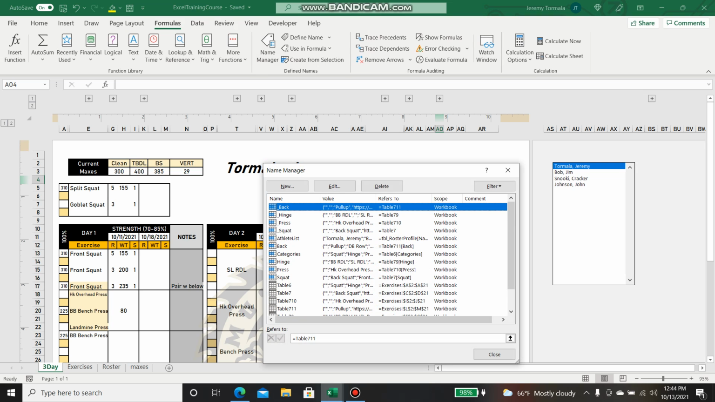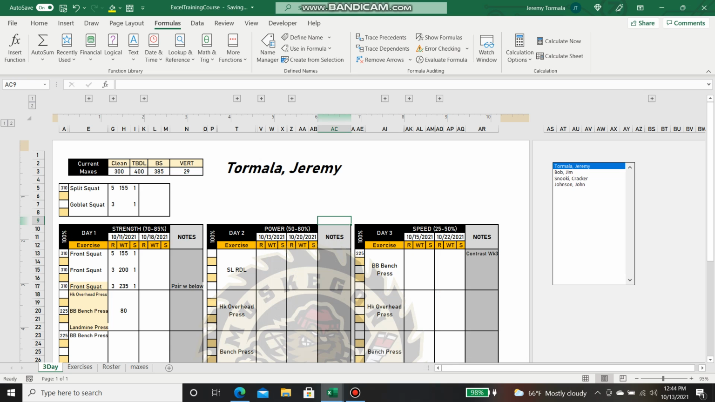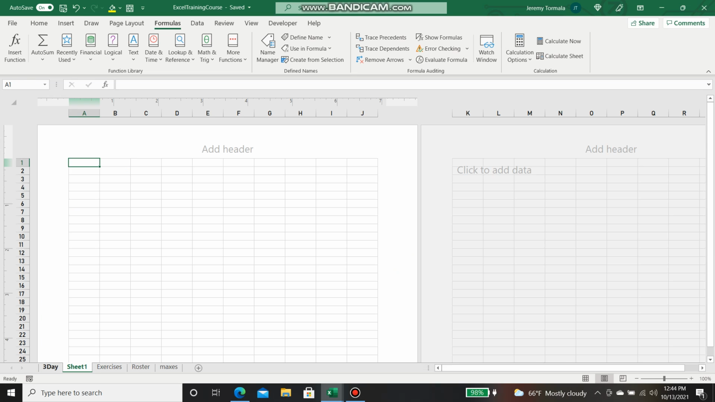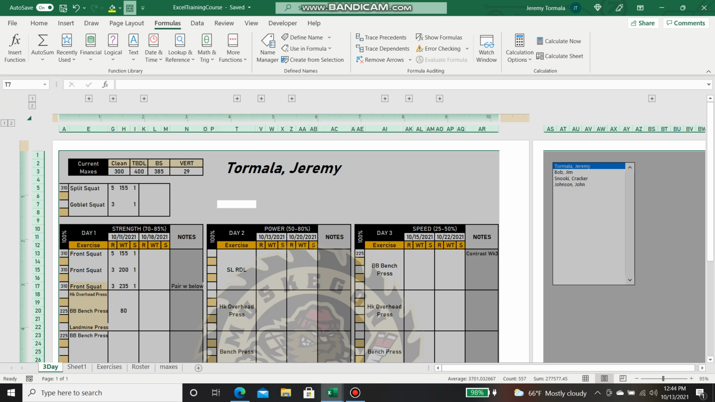So each time you do a workout template like that, you copy, you right click and move or copy, and you do that every time, you are replicating all these. So you're going to have a long list of the same defined name ranges, and we don't want to do that. So all you have to do is create a new sheet, come back over here, Control A, Control C,